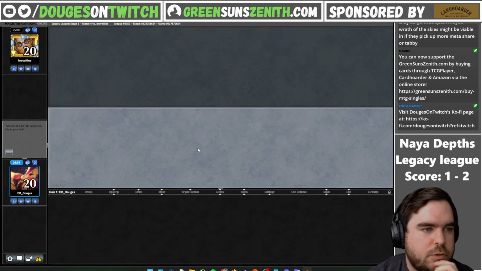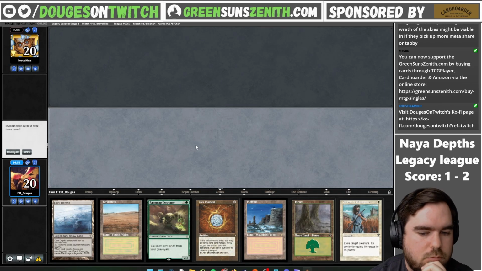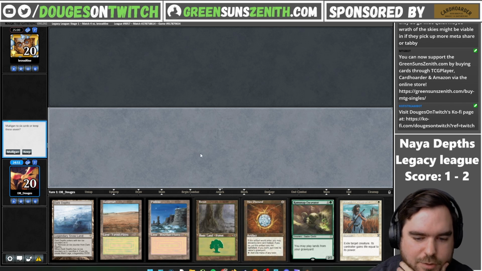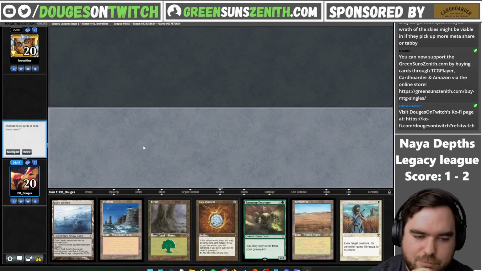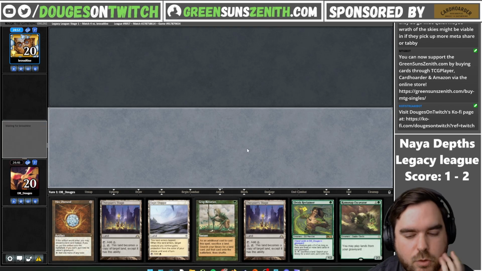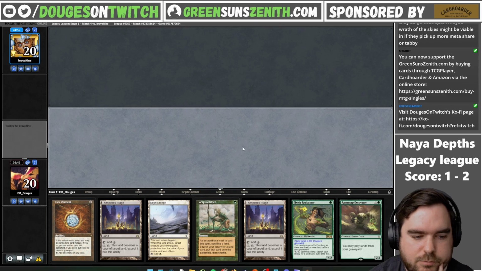On the play, which is nice. Just a little bit of a nothing hand. Like Swords potentially, but Ramunap without a fetch land. No green mana, but we do have Mox. So keep, bottom the...